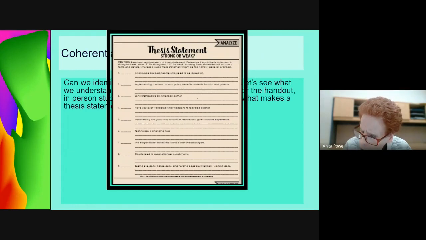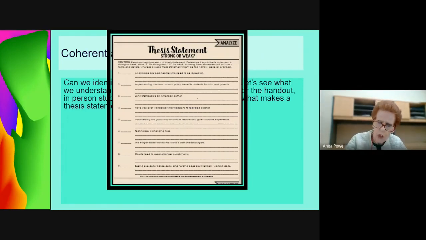Okay, volunteering is a good way to build a resume and gain valuable work experience. This is excellent. It's an excellent thesis statement. It certainly is something we can argue. We've made it very clear. It's a good way to build your resume. It's a good way to gain valuable experience. Now, I'm going to let you answer the other 9 on your own,